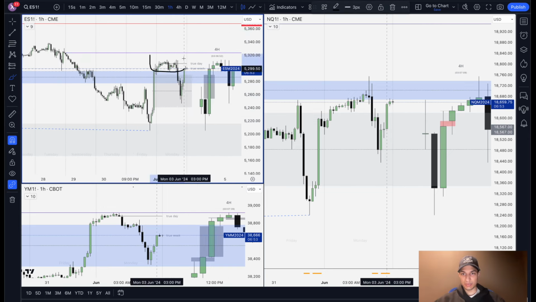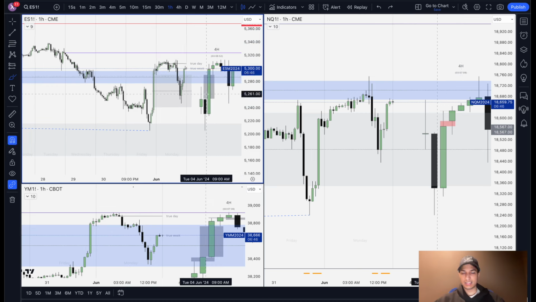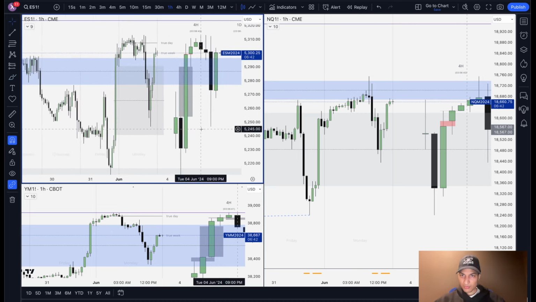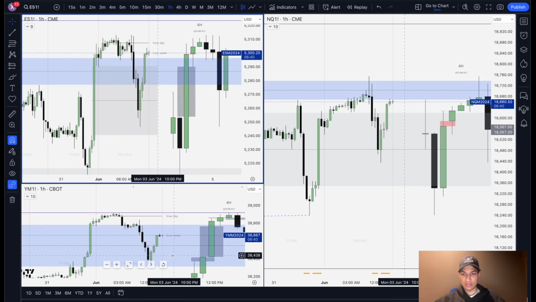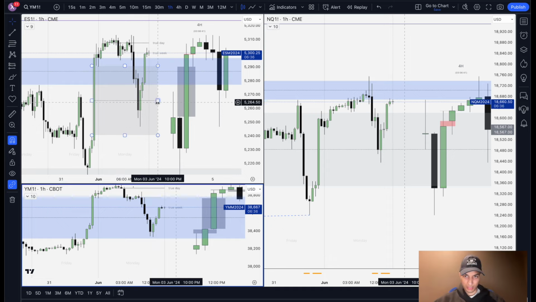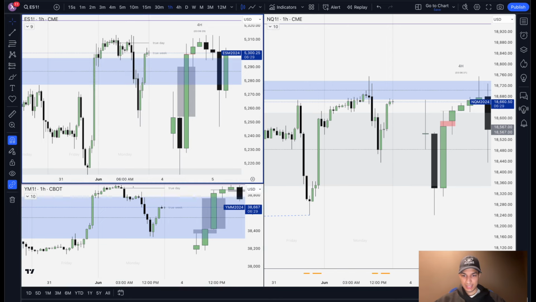I see this as an accumulation. I see this as a manipulation, and I want to see if I can align myself with the power of 3 distribution, in line with the daily candle direction, which I wanted to be bullish. So as we come into here, I need to qualify that, seeing my higher time frame PD array, SMT right in here, this hourly, 4-hour, daily level that we're talking about overlapping,